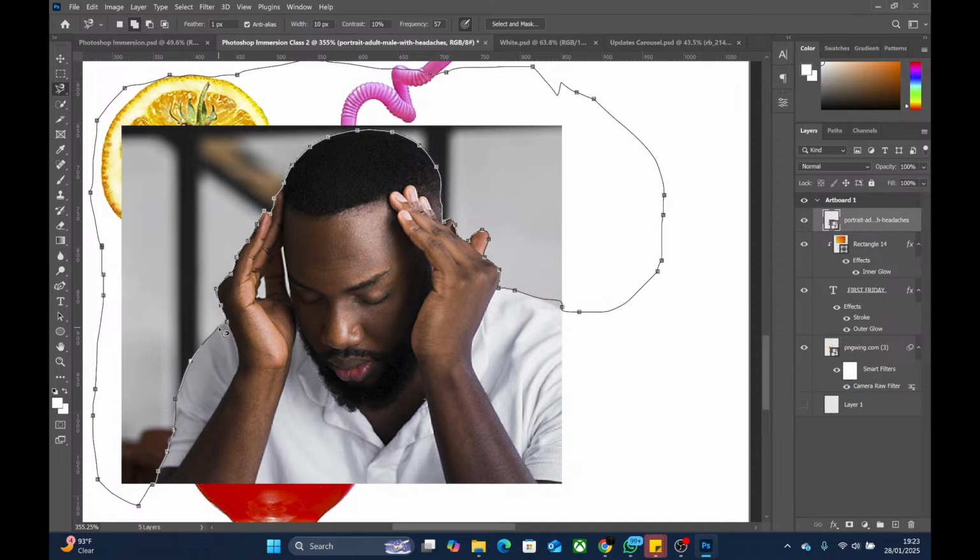There will be a little zero that will pop up when I'm close to the beginning of the whole selection. That little zero, yes, can you see it? I go back, then I come, watch again, you see the zero come up. Yes, once you see that zero, if you click it will close your selection. I'll click in 1 2 3. The selection is done, right?